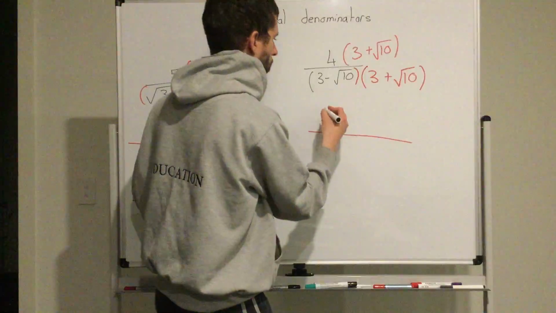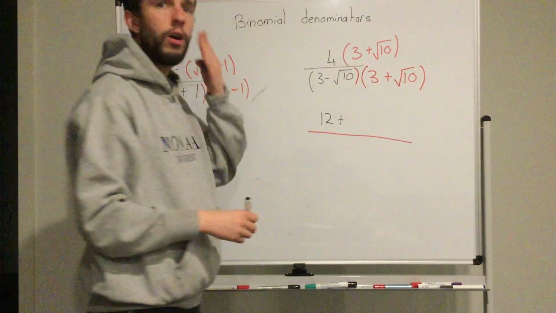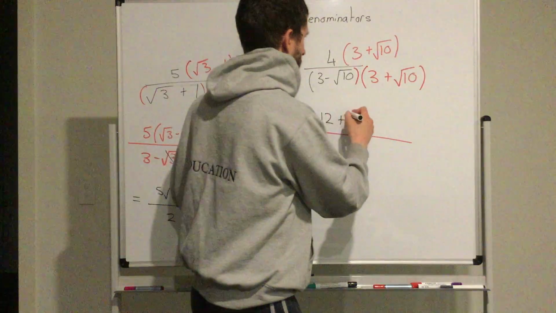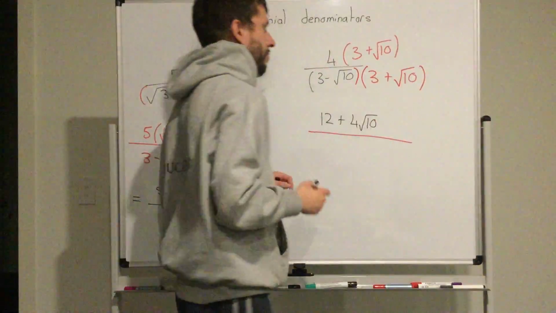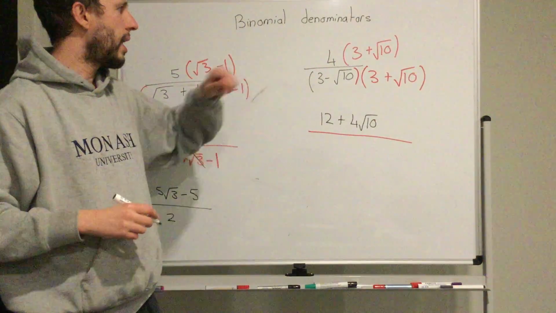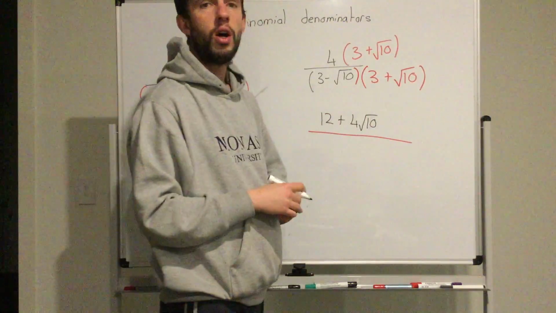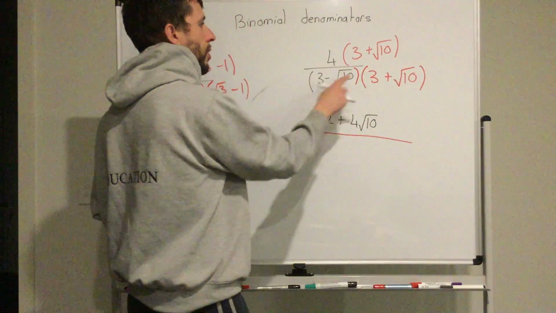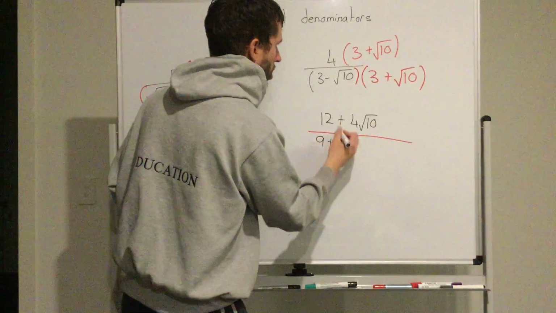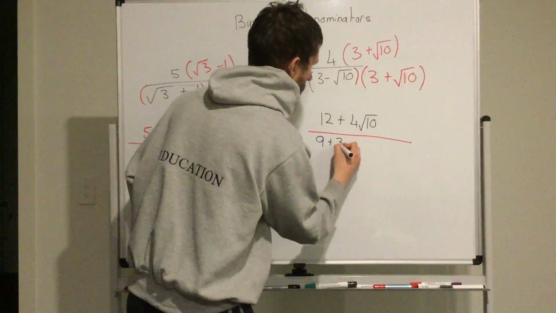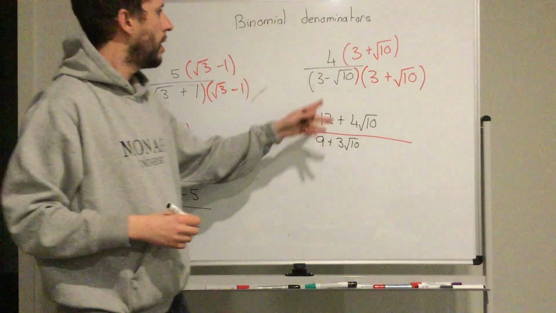So 3 times 4 equals 12 plus the square root of 10 times 4 for the square root of 10. Let's double check and have a look at our bracket here. So this 3 must times by everything in the second bracket. So 3 times 3 equals 9 plus 3 times square root of 10 minus